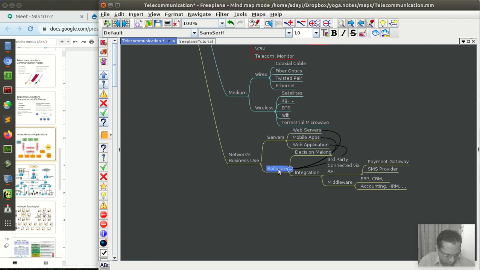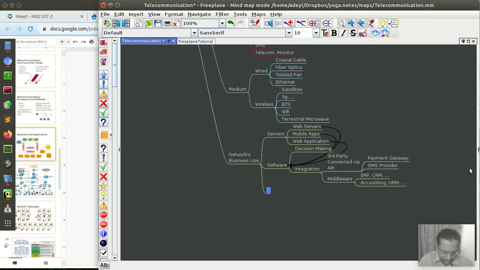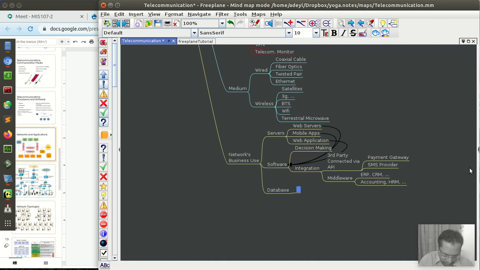All right, so over here we will look into database, and of course networks, database and network. So different types of storage.